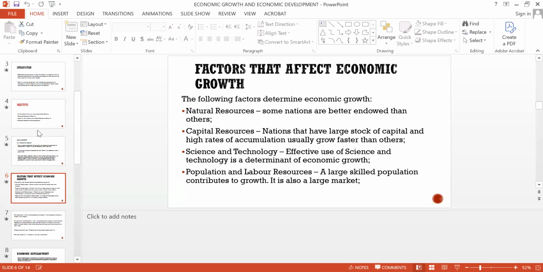The third factor is science and technology. No country can develop without science. I mentioned that. Europe, by the medieval era, when there was an absence of science and technology, lived in what is known as the Dark Ages. It was with the revival of knowledge, the Renaissance, that the various forms of revolution took place in Europe, in Britain, as I've mentioned. So effective use of science and technology is a central determinant of economic growth.